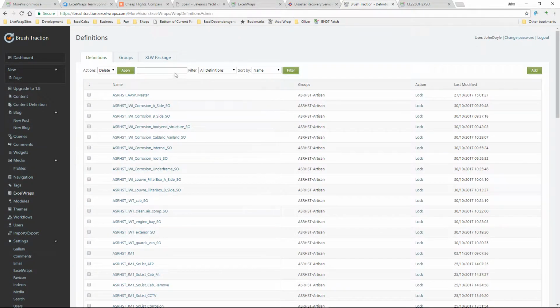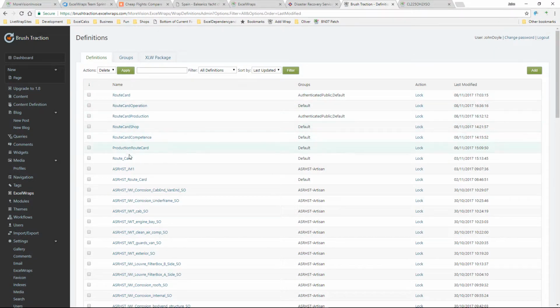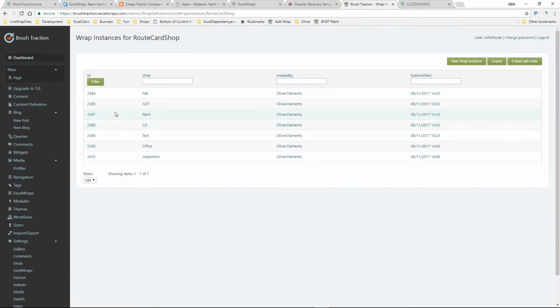and I will try to find that wrap, or in fact probably what I'll do is, since I've done it recently, I'll have a look at which wraps have gone in recently. So the one that we were looking at was the shop one, which is here. So in here, it's that very simple wrap that just holds one value. So it's got fabrication, NDT, paint, etc. And if we want, as an administrator, to add another value to the number of options there, what we'll do is we'll create a new wrap instance,